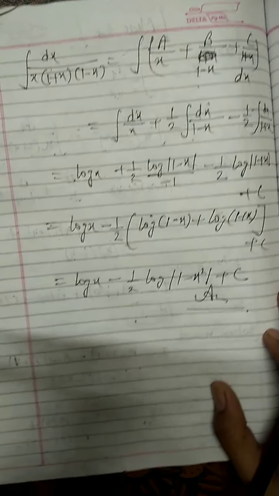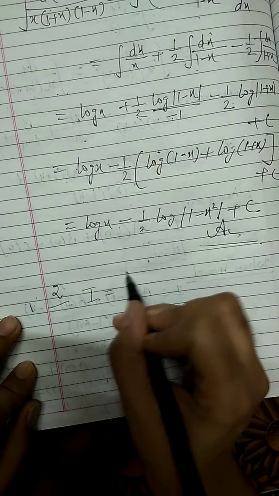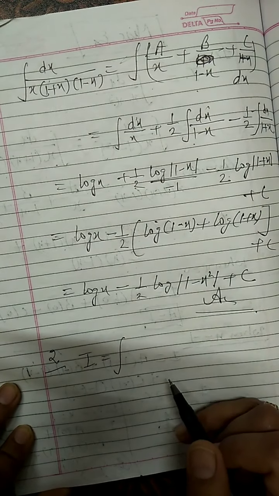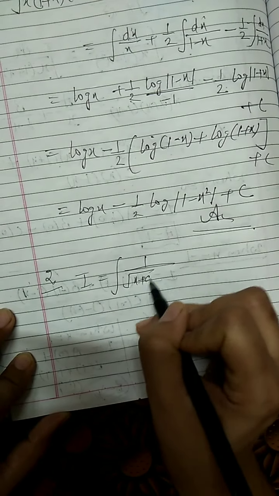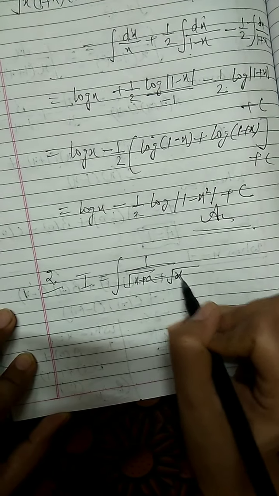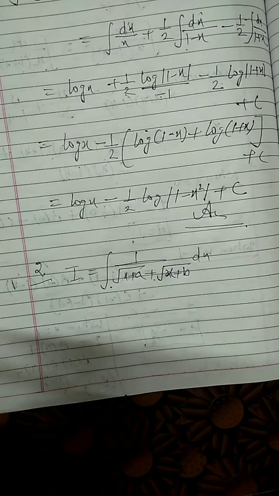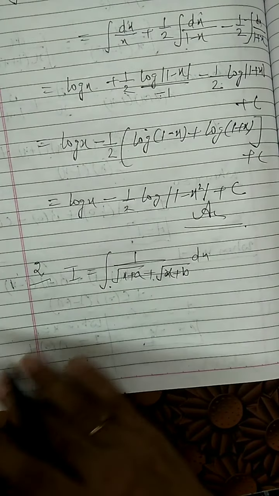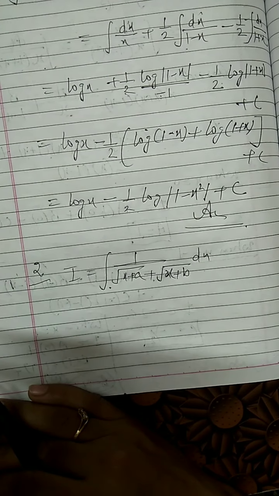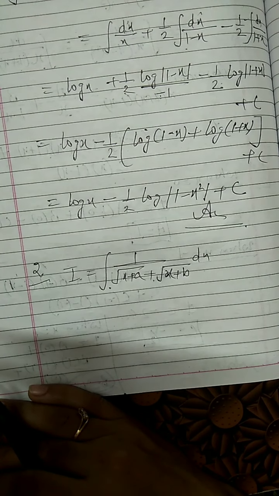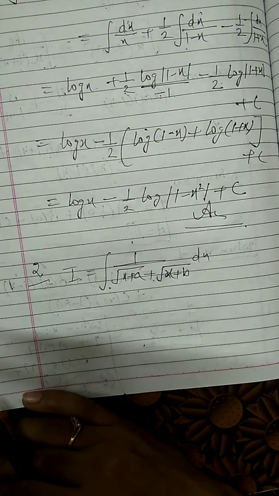Sum number 2 is a simple sum. I will just give the hint. Integral is given here like 1 upon root of x plus a, plus root of x plus b. Okay, so here if I just rationalize it, the integral will become very simple, because when I rationalize, x and x in the denominator will get cancelled, a and b constants we can take outside, and we are just having the simple power of linear function which can be integrated easily.